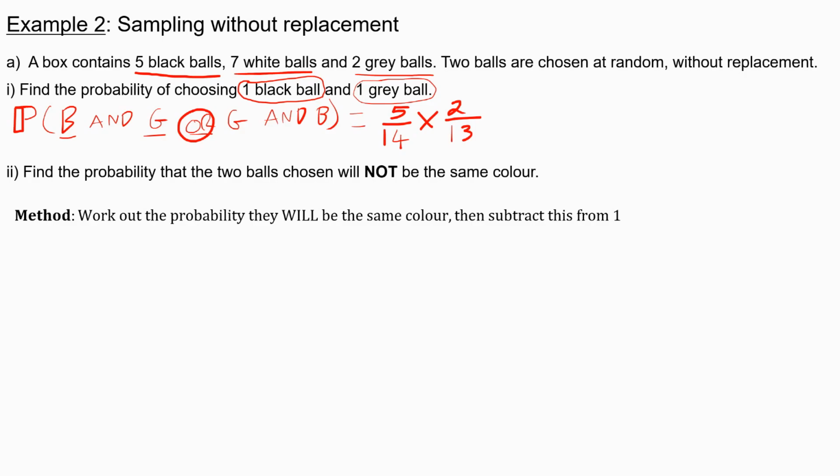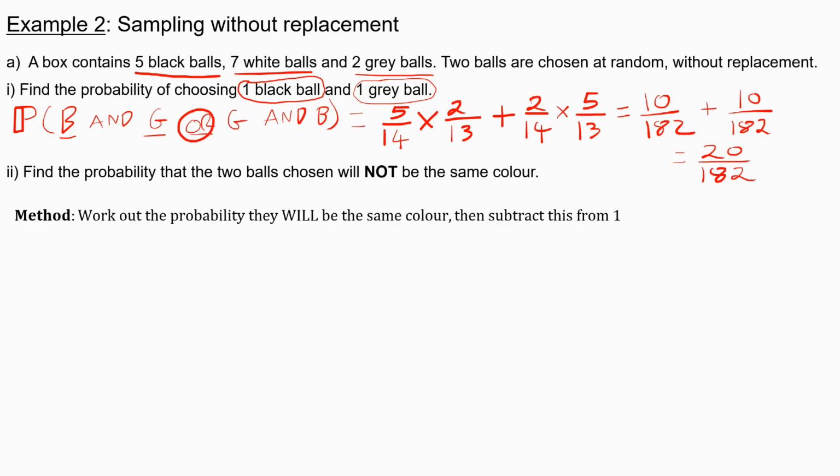Or means plus, so I'm now going to add, and now we need to think of it as a whole new situation. What's the chance of getting a grey the first time around? 2 out of 14. And then getting a black is going to be 5, because there were 5 black balls, but there were only 13 balls because we've now taken a grey ball. So this is 5 times 2, which is 10, over 14 times 13, which is 182. And then we add, again, 2 times 5 is 10, over 14 times 13 is 182, which gives us a final answer of 20 over